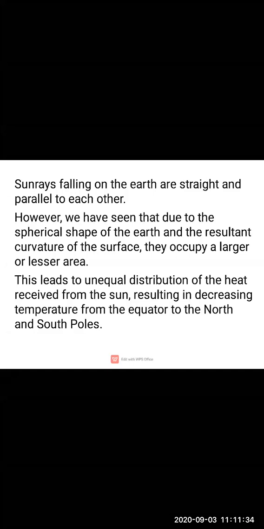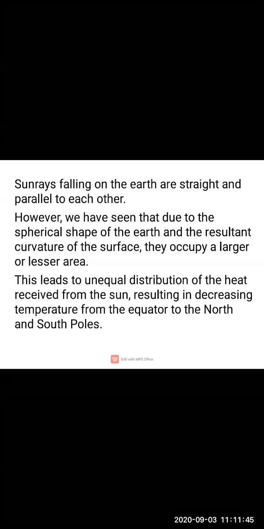Some regions are going to experience more heat, whereas some regions are going to receive less heat. This will result in decreasing temperature from the equator to the north and south poles.